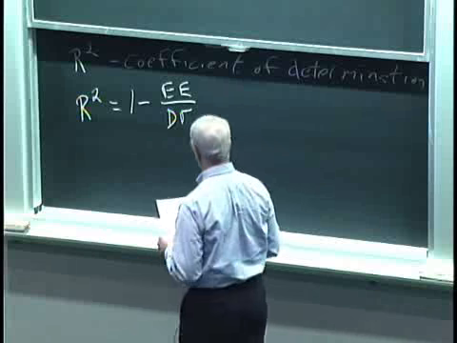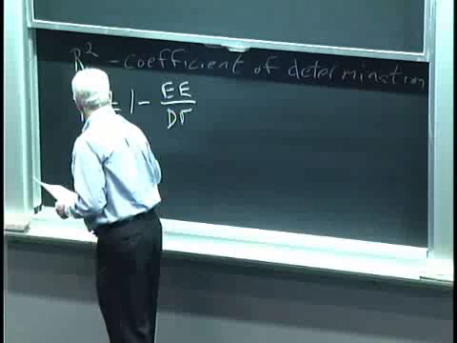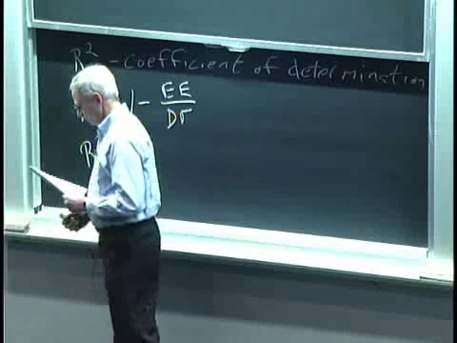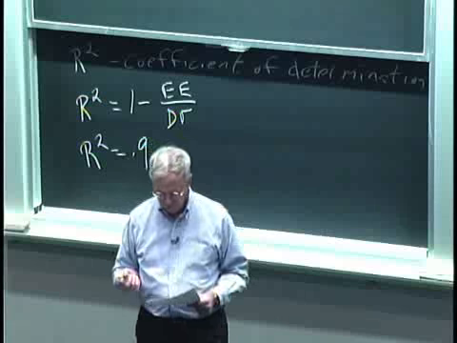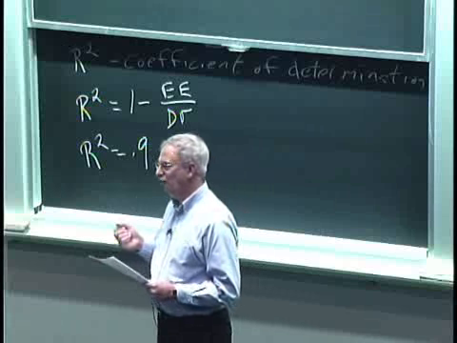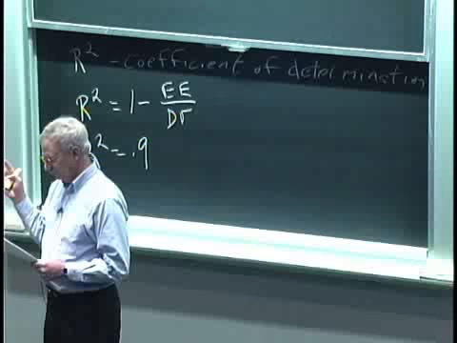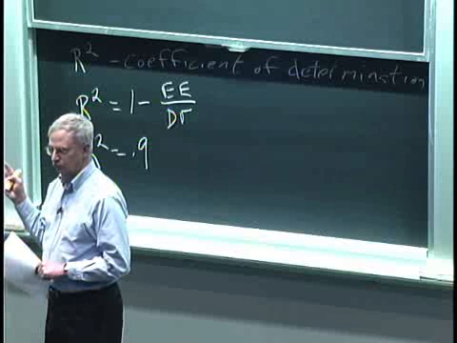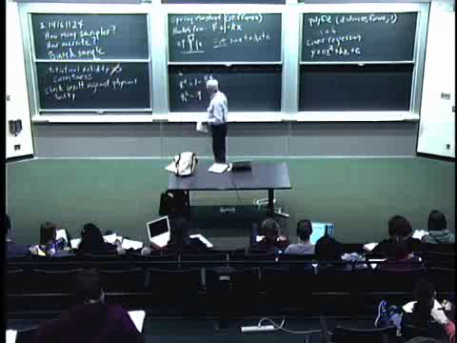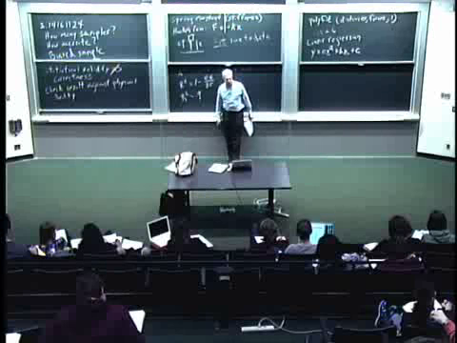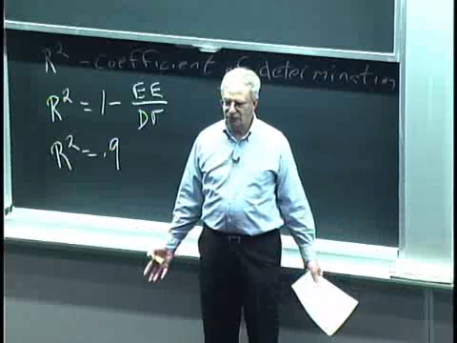So actually, let me give you an example and then come back to it more informally. If, for example, r squared were to equal 0.9, that would mean that approximately 90% of the variation in the variables can be explained by the model. Okay, so we have some amount of variation in the measured data. And if r squared is 0.9, it says that 90% can be explained by the model, and the other 10%